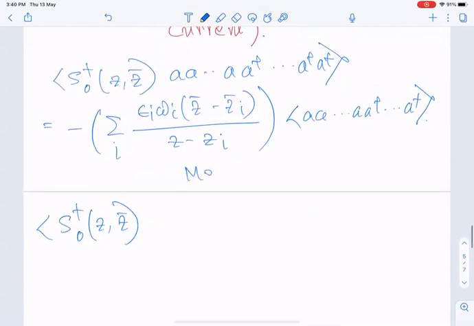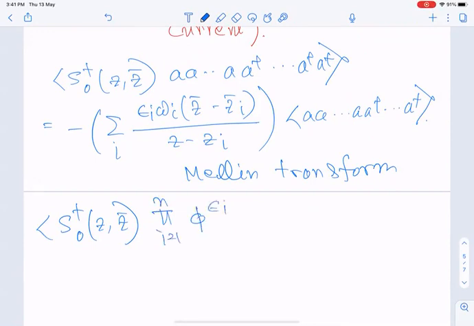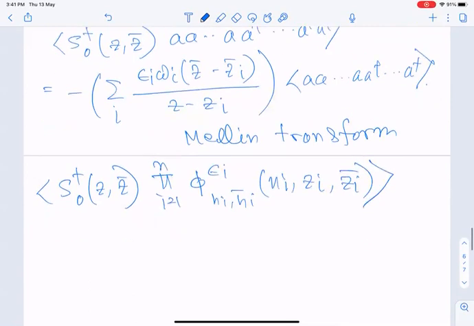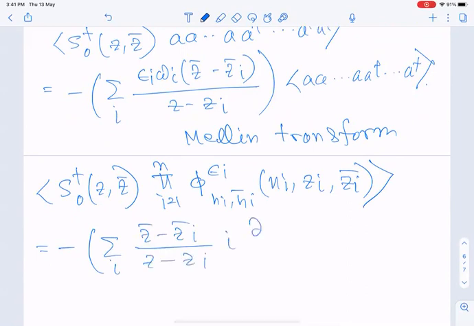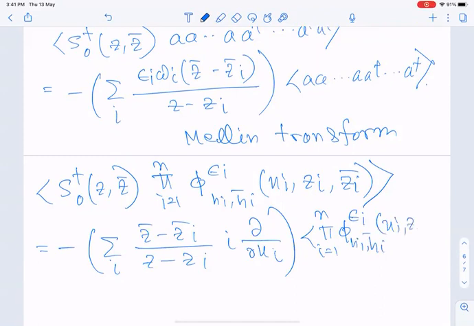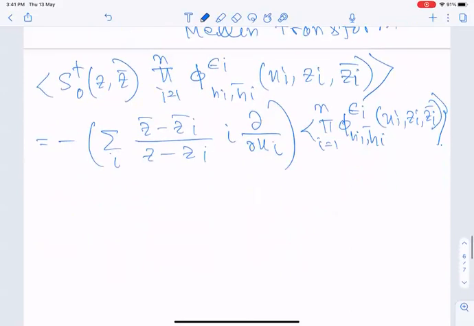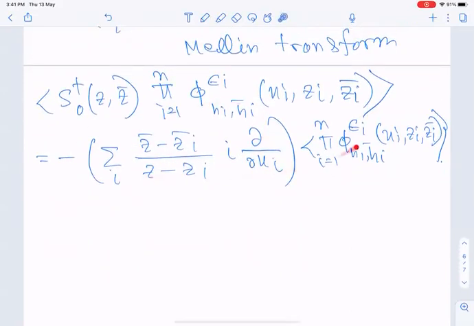So now Mellin transform. So I can write it as